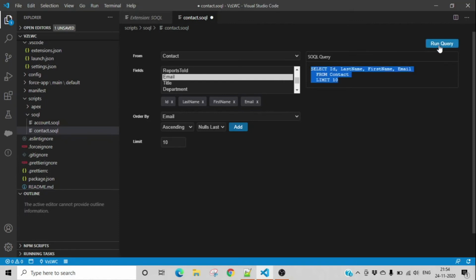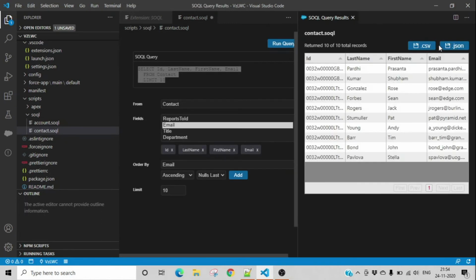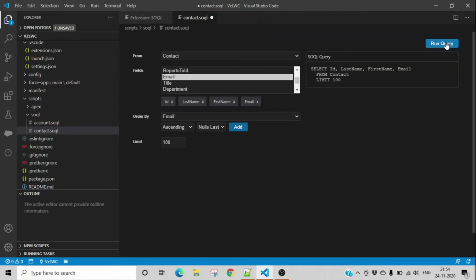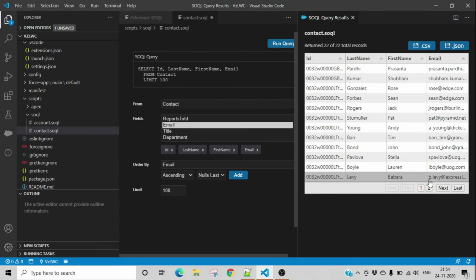You just click on run query and you are able to see the query result here on the right hand side. Now you are not seeing any pagination here because I selected 10 in my limit, so that's why the pagination is not coming. If I select 100 and run the query again, you will see pagination available here: first, last, next, previous, everything.